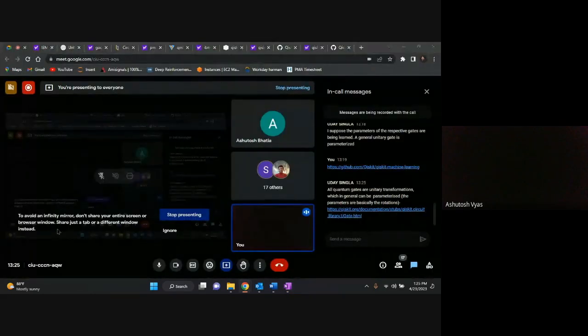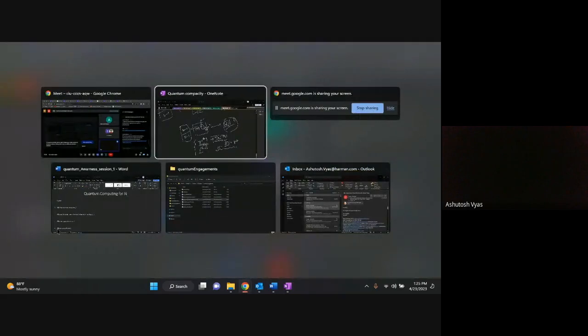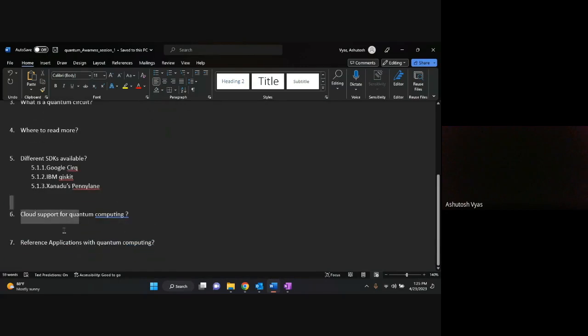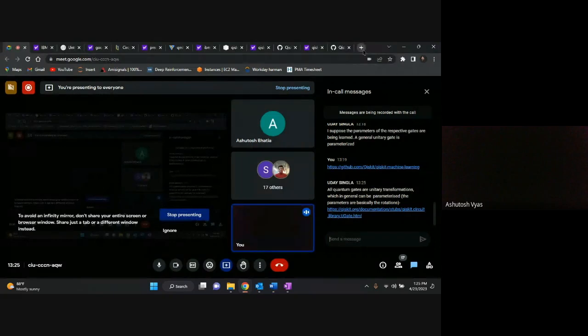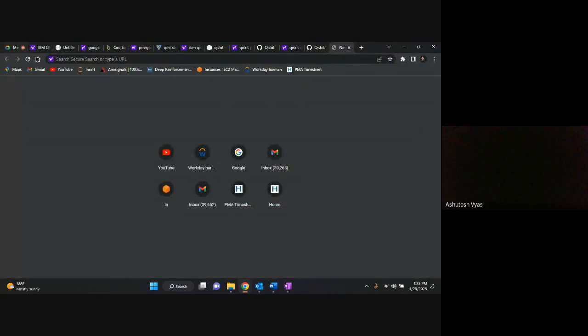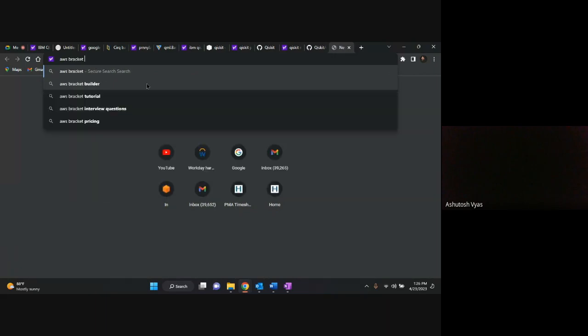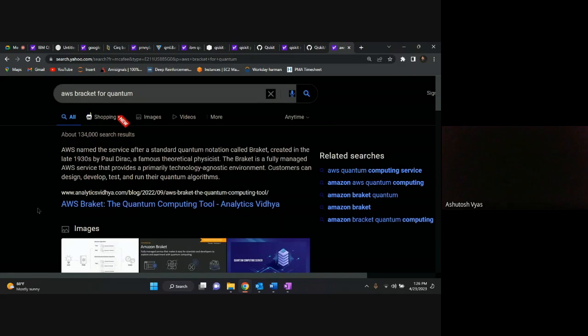Okay. Having said so, we have discussed 3 different frameworks. Let me quickly go to the document again. For now, cloud support is not that relevant because you are working on your locals only, but let me quickly give you an overview. There is something called AWS Braket. If you have a dedicated AWS account, then you can leverage PennyLane, Cirq, IBM Qiskit using Python or QCIG, everything on this AWS Braket for quantum.